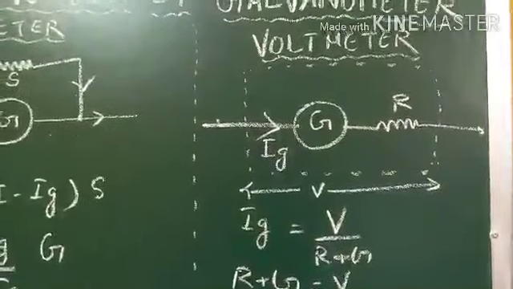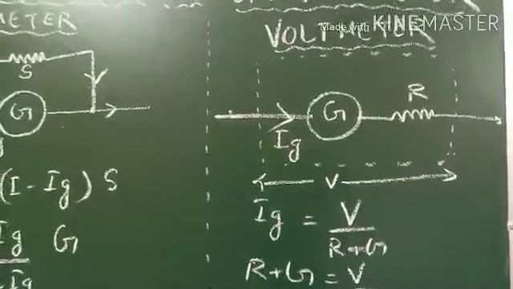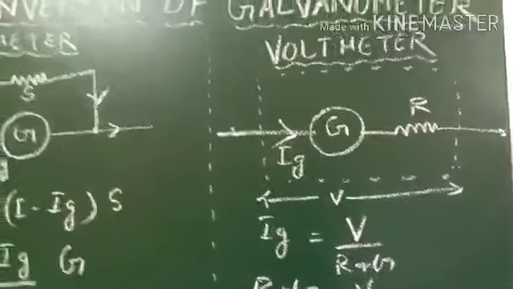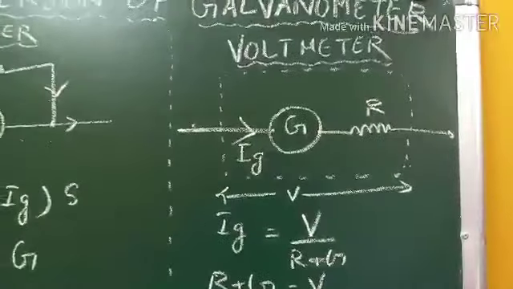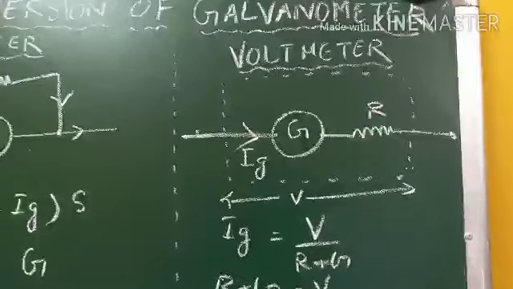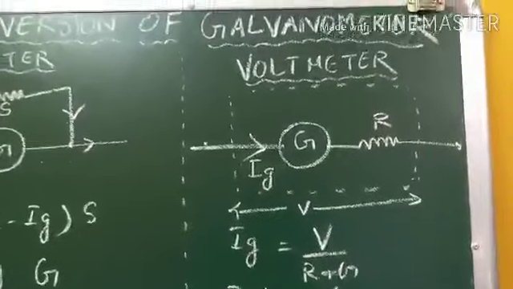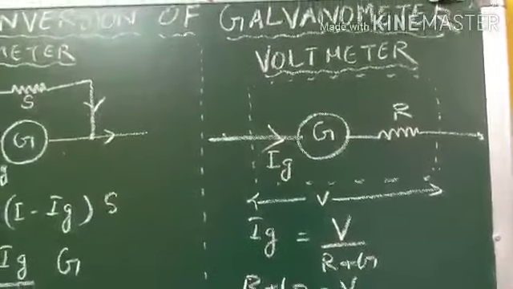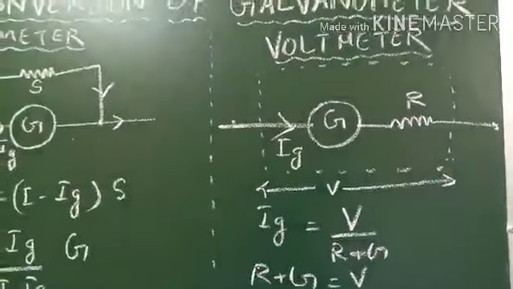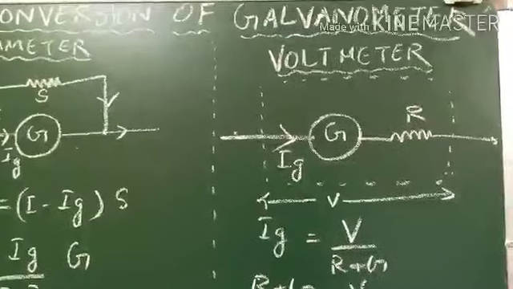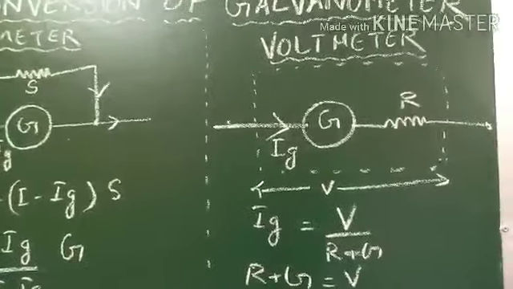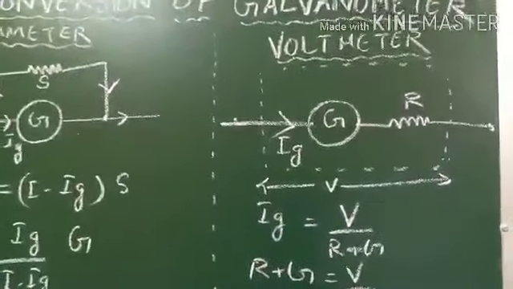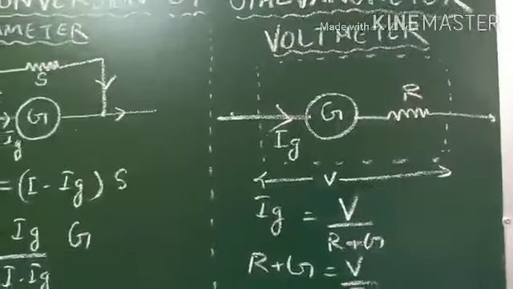So a small part of the total current passes through the voltmeter, and so the current through the circuit element will decrease. If some part of the total current is flowing through the voltmeter, then what will happen? The current in the main circuit will change. The current will change, which means you will not get the actual value of the potential difference. So to avoid this, what is being done? The voltmeter should be designed to have a very high resistance. In fact, the ideal voltmeter should have infinite resistance.